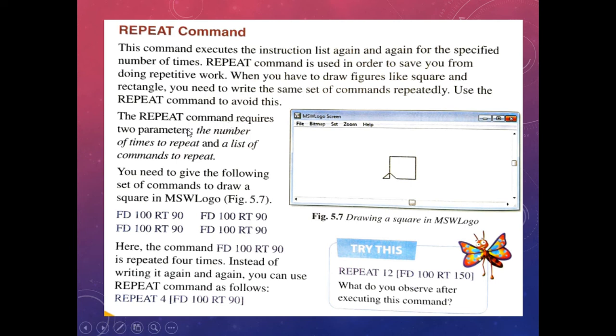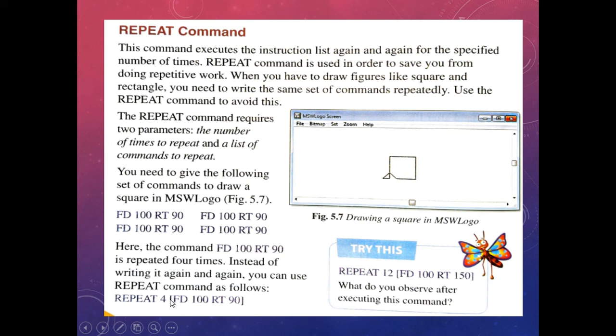So the repeat command requires 2 parameters. What are the 2 parameters? The number of times to repeat and a list of commands to repeat. We have to write repeat, and after that, how many times you want to repeat it. For example, for square we have to repeat 4 times because 4 sets are there. And the list of commands, which command we have to repeat? This command. So here instead of writing FD100 RT90 4 times, we will write it this way: